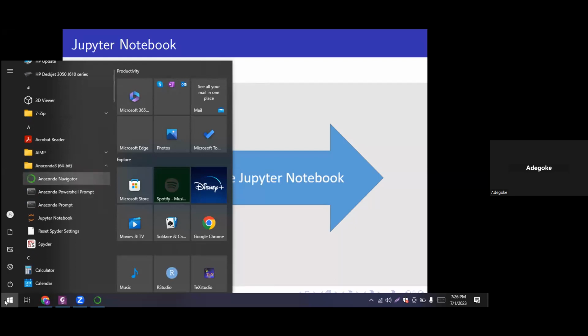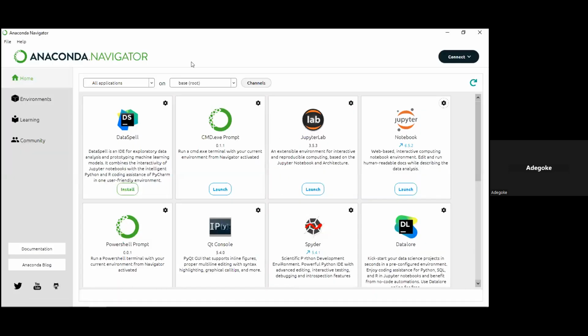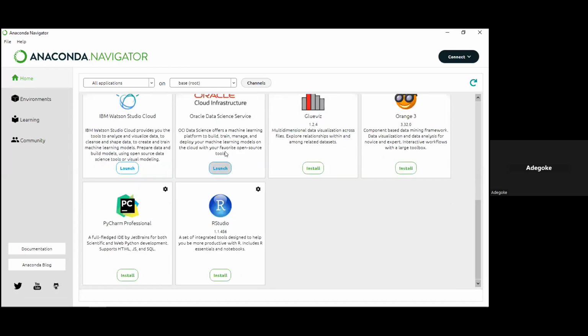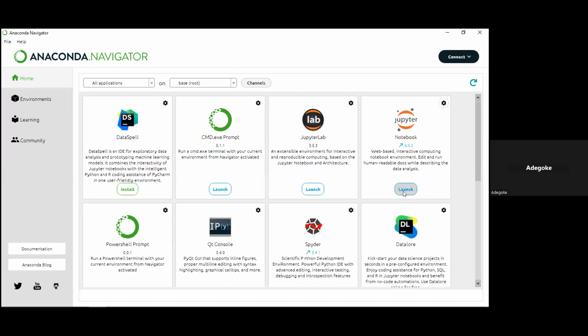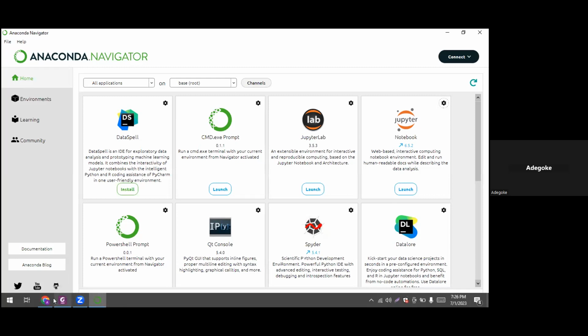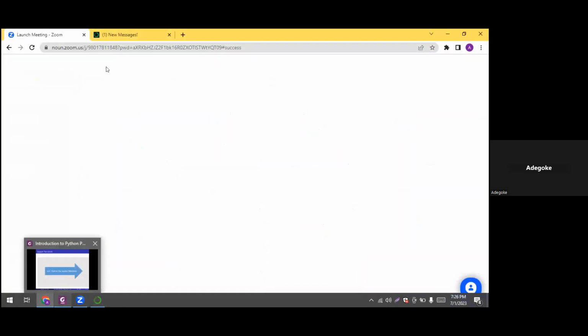If you click on it, it will open this interactive section for you, where you can see different applications on your Anaconda environment. Now, if you click launch, that's when you can launch your application using the Anaconda Navigator. So I think this is taking a lot of time for me. So let me pass through the